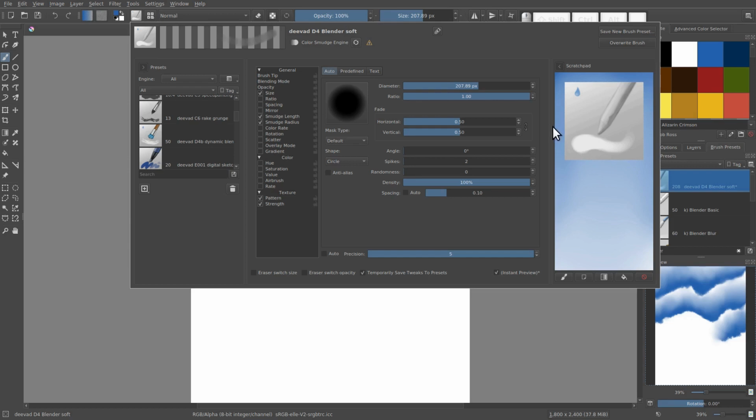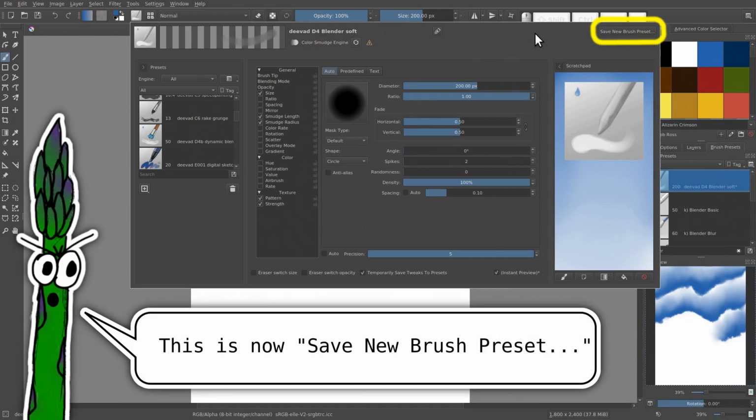Last thing I want to do before I save it is I'm going to change the diameter of our brush to exactly 200. I can do that by clicking on here. You can click on the bar and drag them. You can use the up and down arrows, or once you click on the bar you can just type 200 and enter, get the exact number. That's pretty good. That's all I want. I'm going to hit Save to Presets